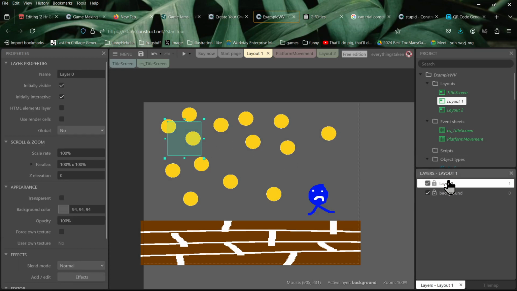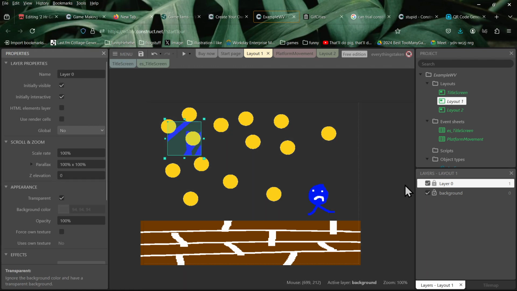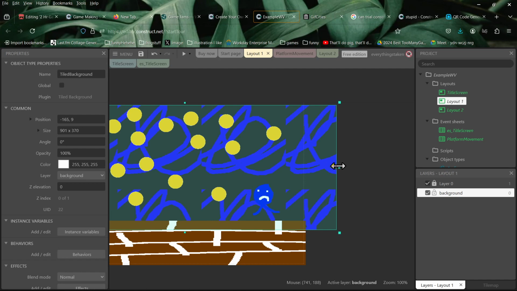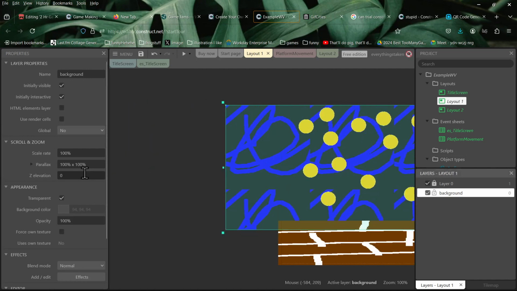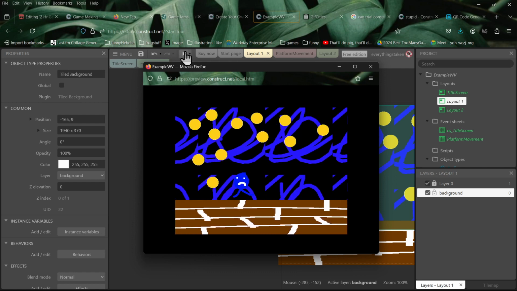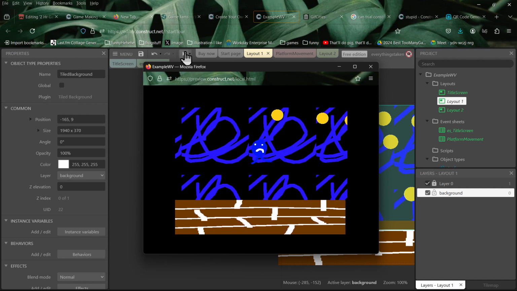And, oh, one thing I have to do is make the background transparent on this layer. So then my cool parallax stuff shows up. And then all I have to do is set this to, what is this? I forget if this is X or Y, but I'll just set both of these to some annoying amount. Yeah, this is better than UI, I think. Right.